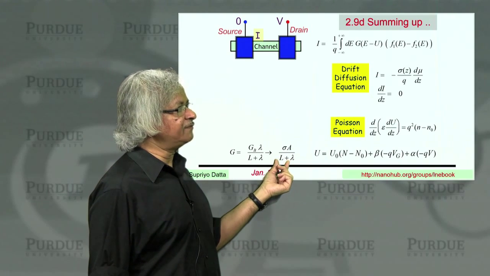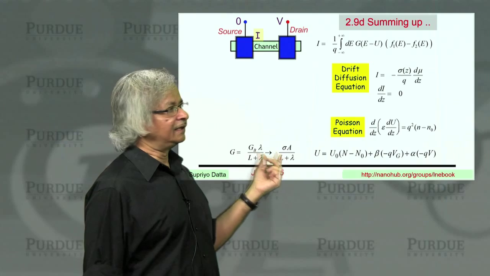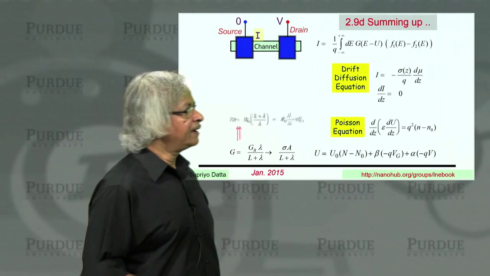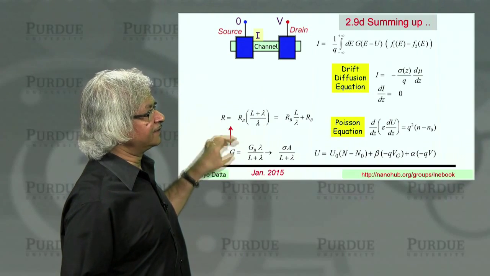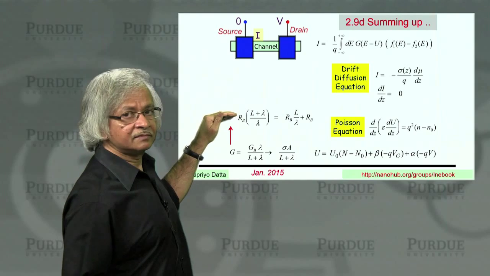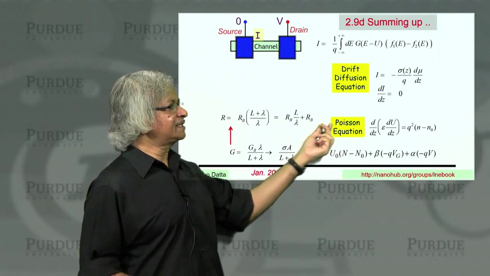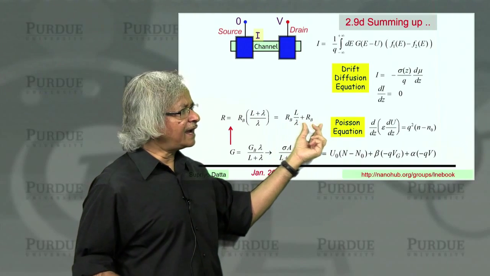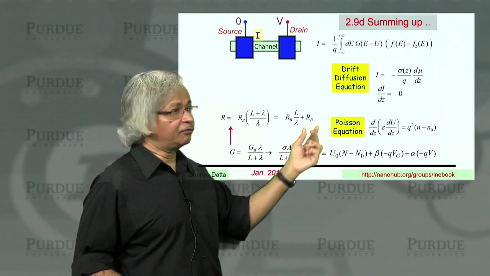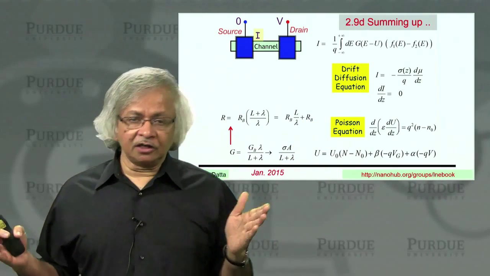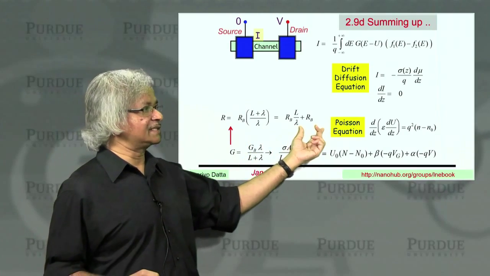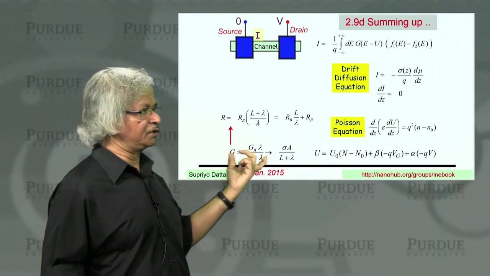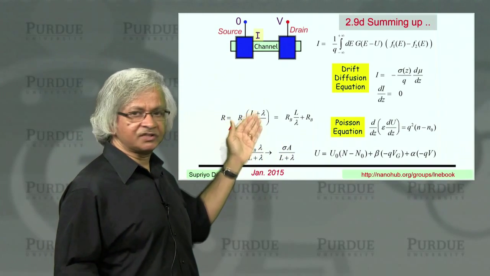What you have seen is, even when the length tends to 0, the conductance doesn't go to infinity, but rather goes to a fixed number. Now you could turn that around and write the resistance, the inverse of this, as the ballistic resistance times L over lambda. This is the part that follows Ohm's law, plus a constant. And of course, in the early days, the major controversy was about what this constant is. What we did in this course is give you a way of looking at this so you can understand where it comes from, and so on.